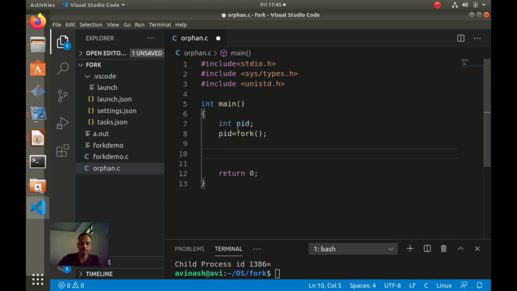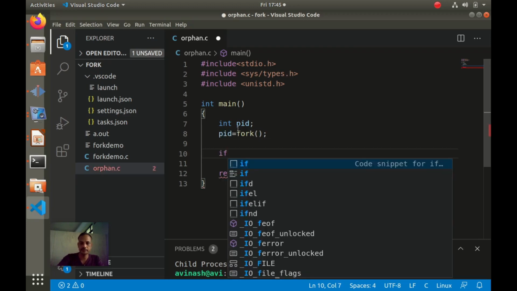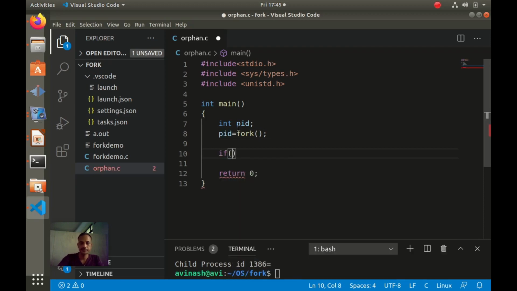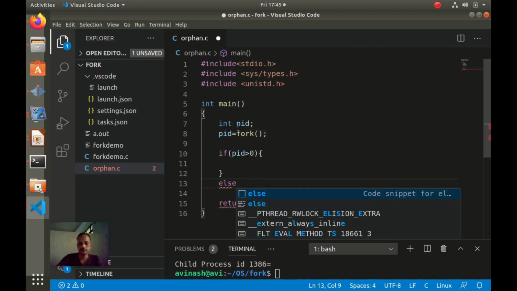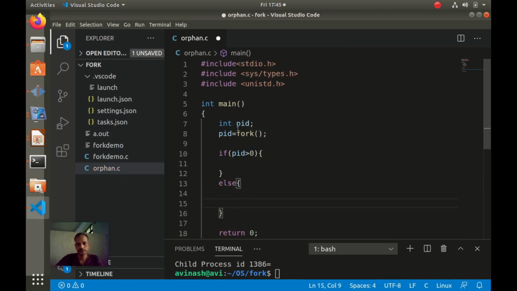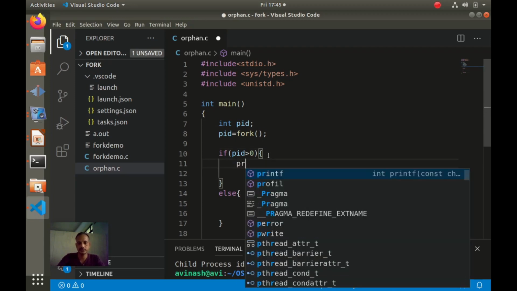Okay, so after this a child process will get created. So we will separate these processes. If PID greater than 0, means which process? Else. Okay, so if PID greater than 0 means it is a parent process.